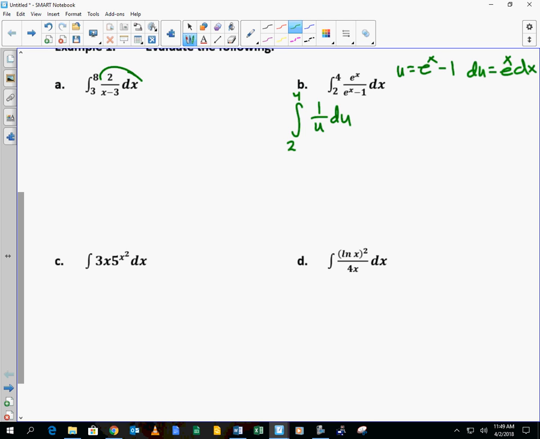So what's the antiderivative of 1 over u? So I got the natural log of e to the x minus 1 evaluated at 2 and 4. So I have the natural log of e to the 4th minus 1 minus the natural log of